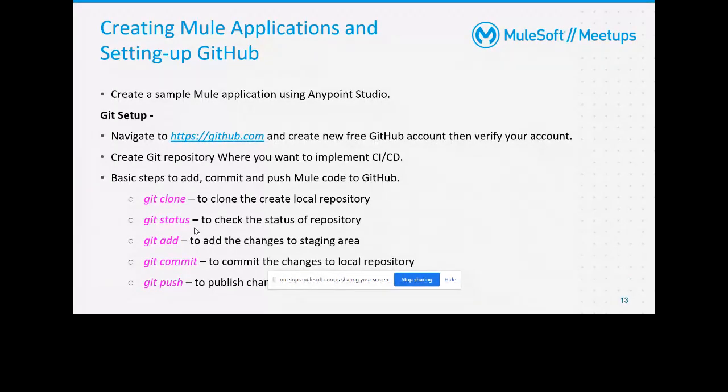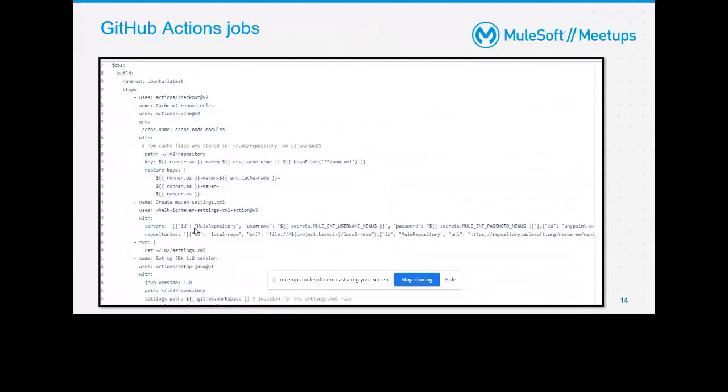Then using push, you push those changes to the remote repository, so they will be visible there also. These are the git commands which we use for accessing GitHub and maintaining equality between the local repository and the remote repository.